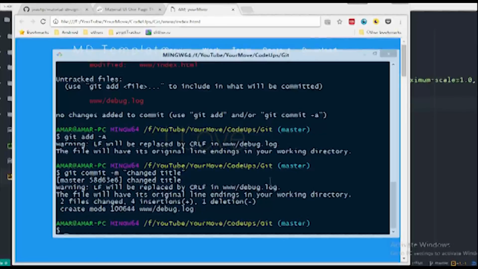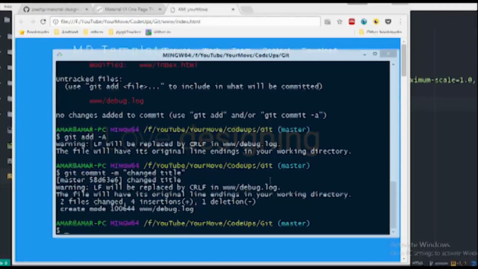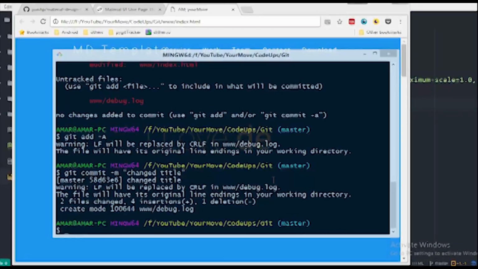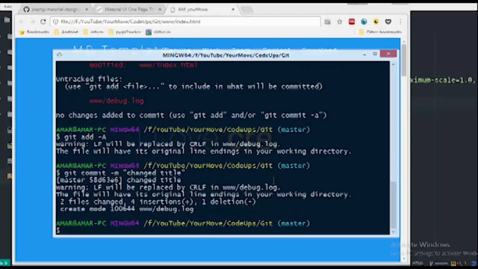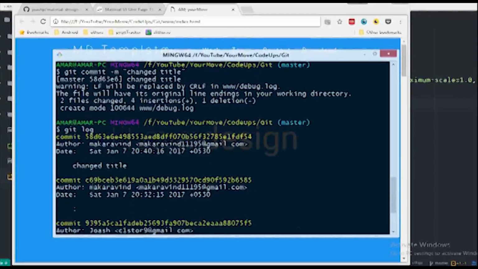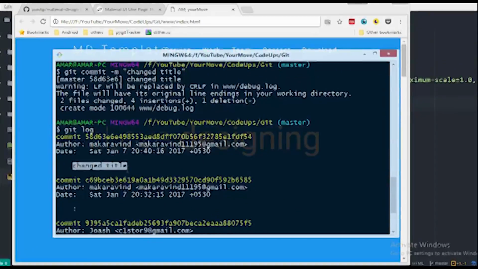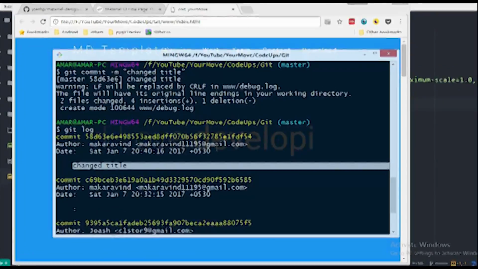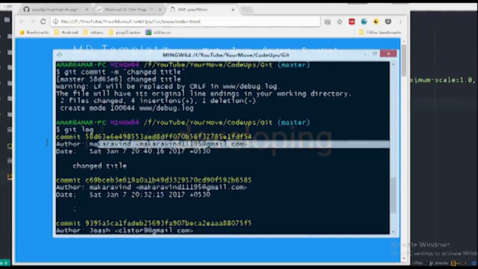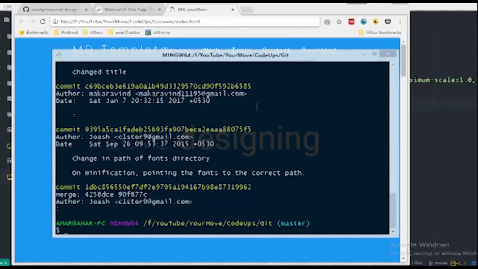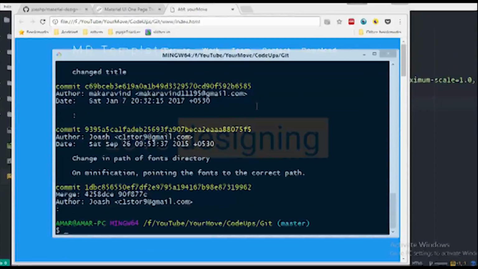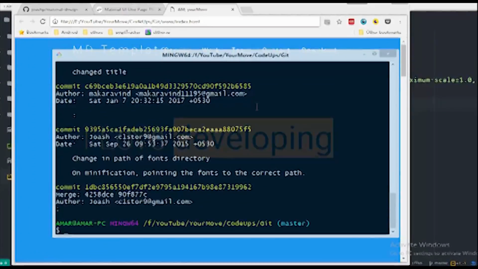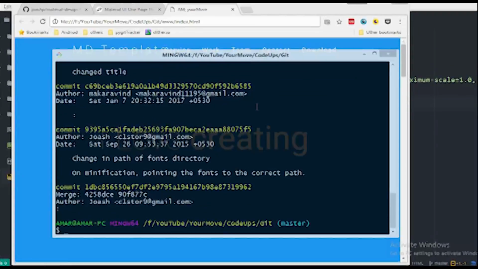In the history of Git, there can be many commits, but if you want to look at what those commits are, and if you want to refer to any of them, we can easily get them by using the command git log. As you can see, our latest commit, changed title, is here. The timestamp and author are also mentioned in this log. As we have made a couple of changes and done a commit for ourselves, we can actually push this change to a remote server. But before we